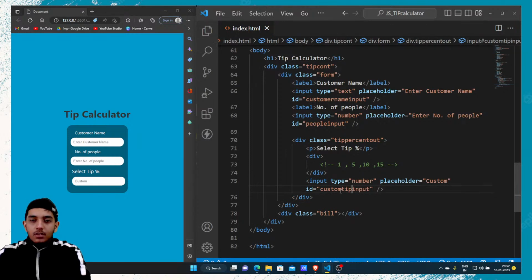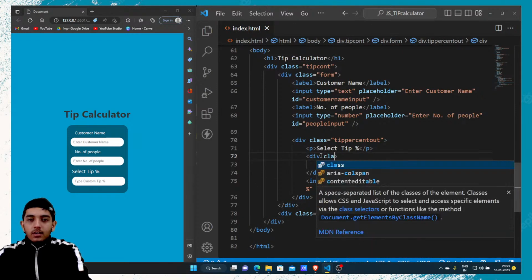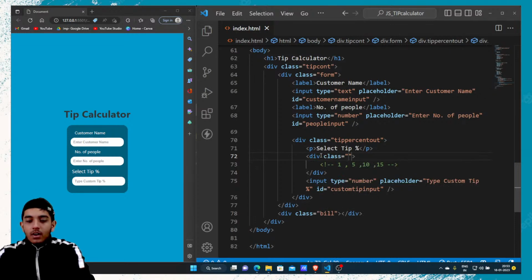Let's first give it an ID of custom tip input, and similarly we'll just give it a placeholder of custom tip percentage. Okay, or you could have also written enter custom tip percentage and so on. Okay, so yeah, now it's fine. And now we are going to write things inside this one. So I'll just give it an ID of